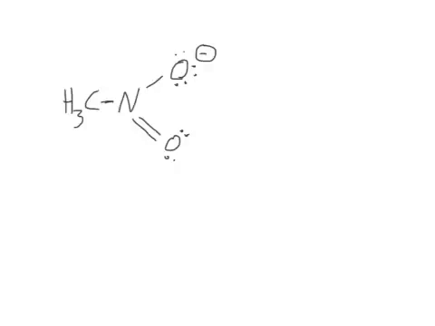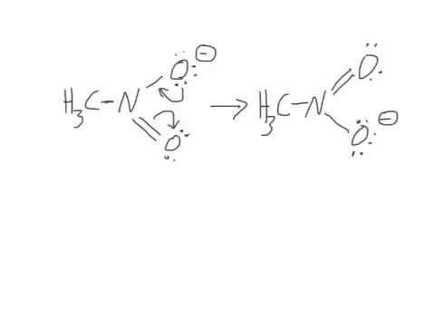So for this example, we might want to move electrons away from the negative charge here. That would form a double bond. Then the nitrogen would have too many bonds. It would want to give up one. And the result would be this. So these are two valid Lewis dot structures